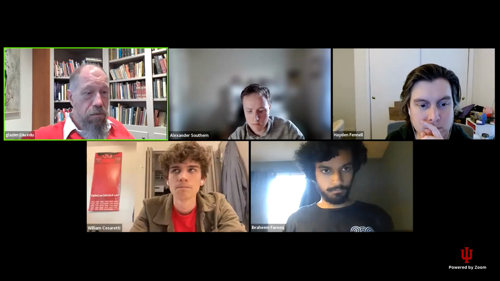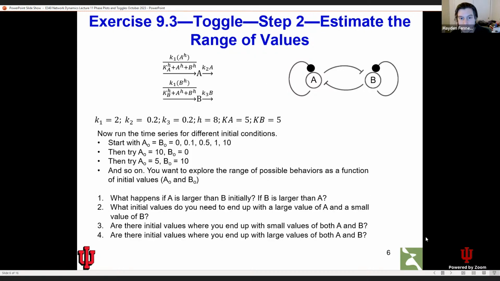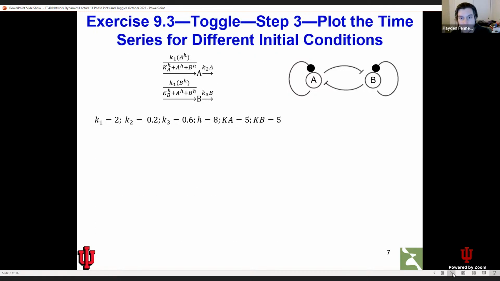Now Hayden, you want to look at the other code as well? So it looks like things went much better this week. Everybody managed to get their phase plots going. So one thing that we do want to do now that we've walked through how the phase plots are constructed is